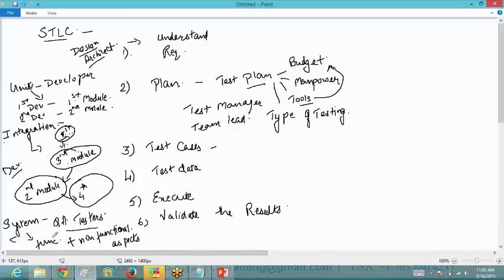What do I mean when I say that you need to check for the functional plus the non-functional aspects? When you are going to deliver the software to the client, it should be working properly. The functionality of the software should be good. That is one point. But apart from that, the look and feel, the appearance or the performance of the software should also be good. All those things count up to the non-functional aspects.